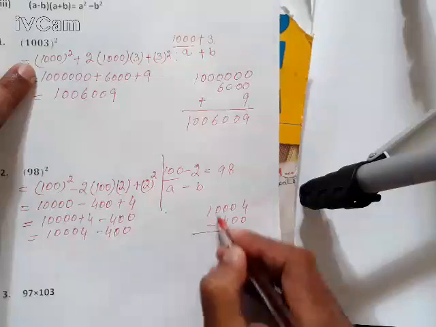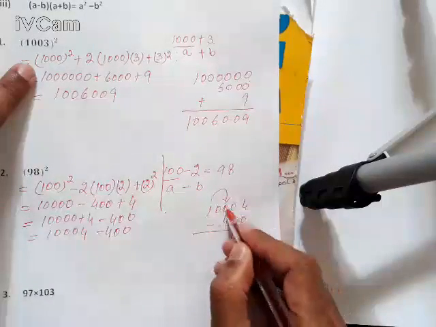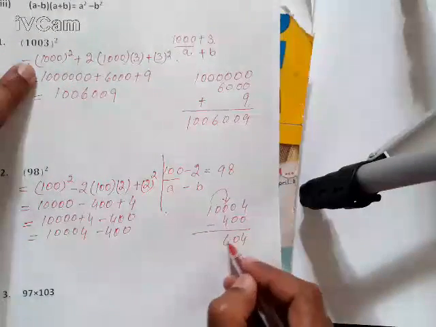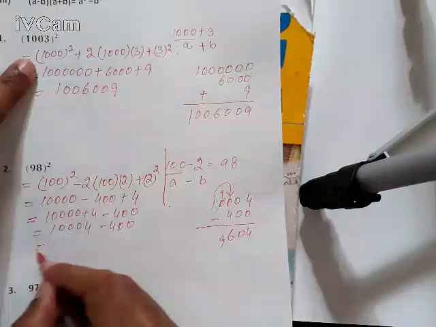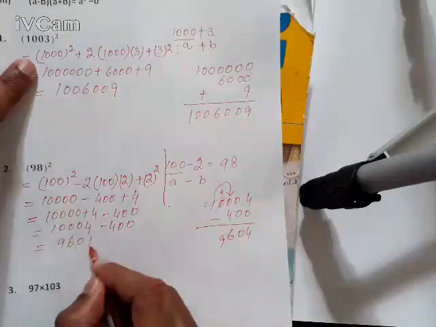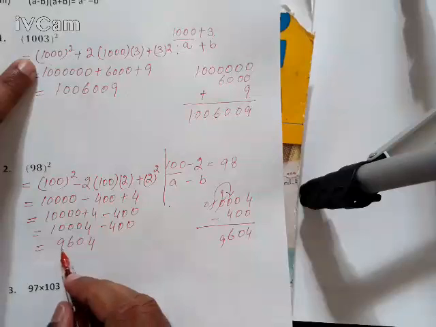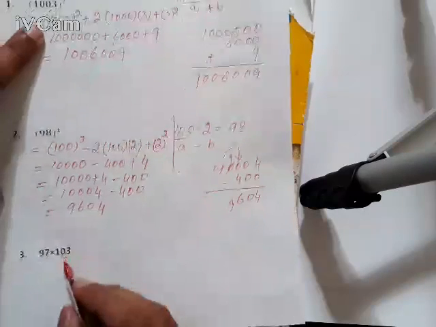minus 40, and when you take the carry from here, it's a 10 times minus 4 is a 6, and the remaining value will be 9, so we will write 9. So the result will be 9, and it's a 0, so 9604, so it will be 9604. So the last one is